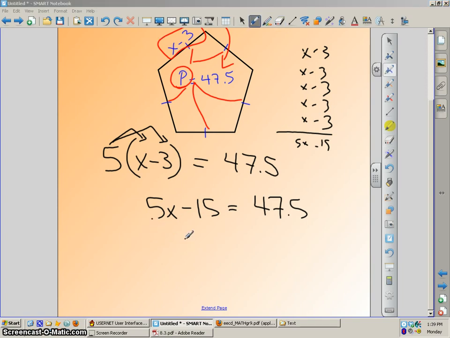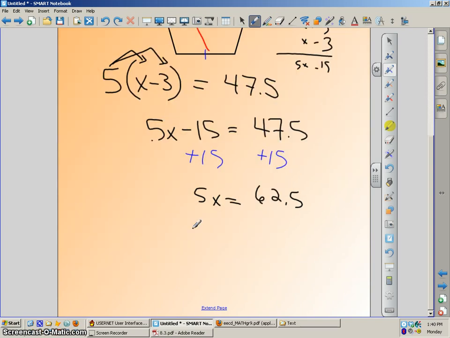We're going to add 15 to both sides. Add 15 to both sides. And now we're going to get 5x equals 62.5. And our last move, it'd be like on Dora, Dora always leaves a pause for somebody to give the